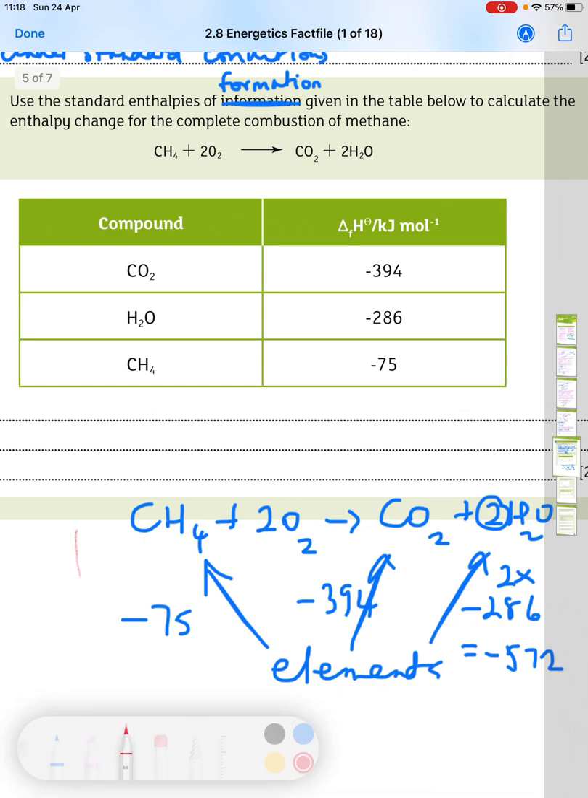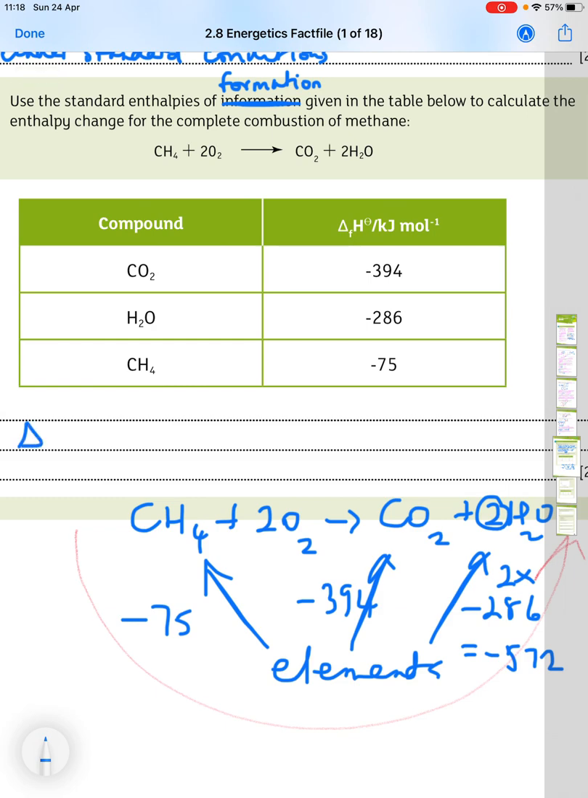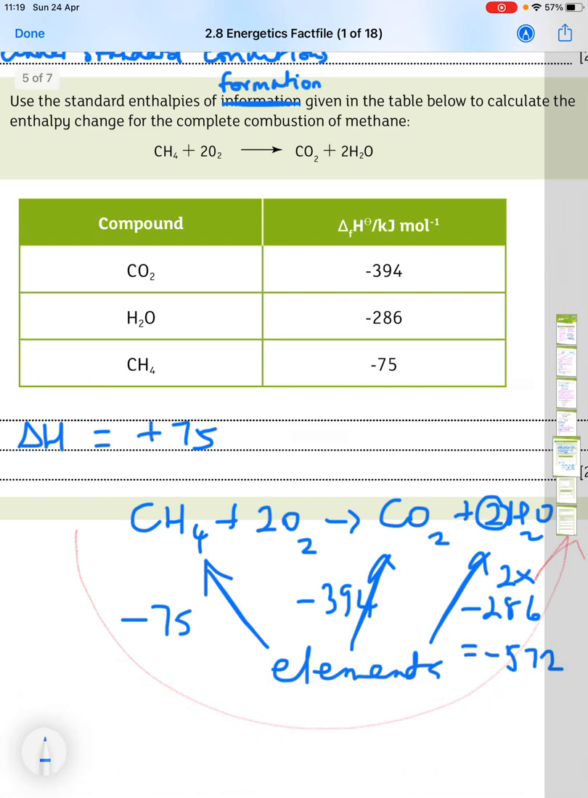So I like to draw my arrow on like this, and then my total becomes minus 75, and then I'm going in the opposite direction, or sorry, it's plus 75 because I'm going in the opposite direction here. So I'll have to change the sign, and then it's minus 394 minus 286, which gives us a total of minus 891 kilojoules